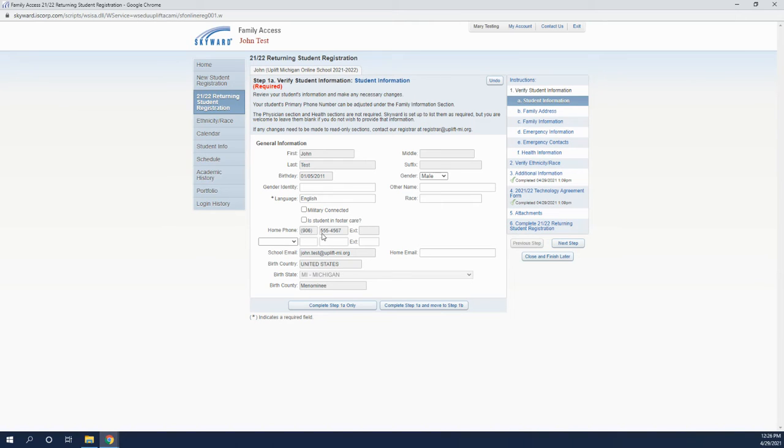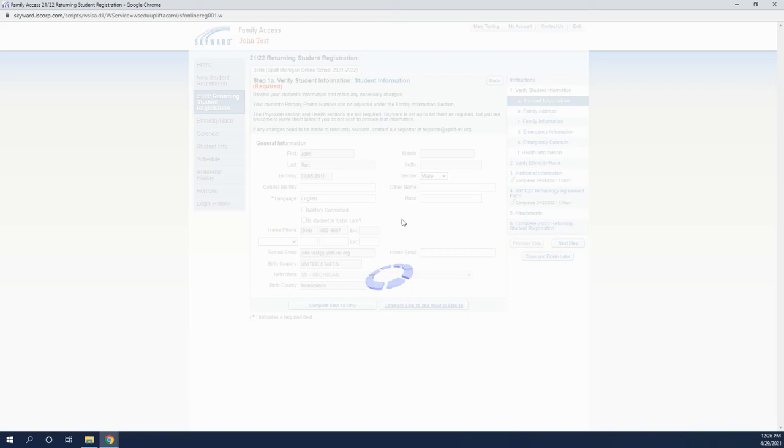For the home phone number here that's listed, this is the primary parent's phone number who was listed as the first parent on the original enrollment form. If this number needs to be changed, you're able to do that under Part C. Also here you do have a section for the student's individual cell phone if they have one. And then go ahead and click Complete Step. And to move on,